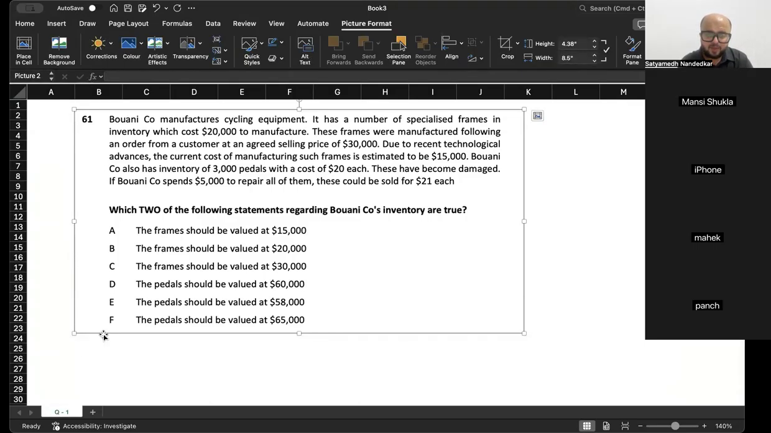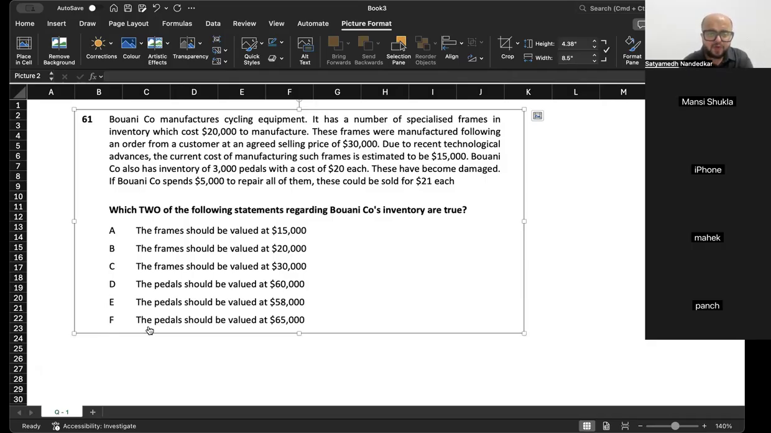Which two of the following statements regarding Buani Company's inventory are true? There are six options. Buani Company manufactures cycling equipment. It has a number of specialized frames in inventory which cost 20,000 to manufacture. These frames were manufactured following an order from a customer at an agreed price of 30,000. Due to recent technological advances, the current cost of manufacturing such frames is estimated to be 15,000. Buani Company also has inventory of 3,000 pedals with a cost of 20 each. They have become damaged. If Buani Company spends $5,000 to repair all of them, they could be sold for 21